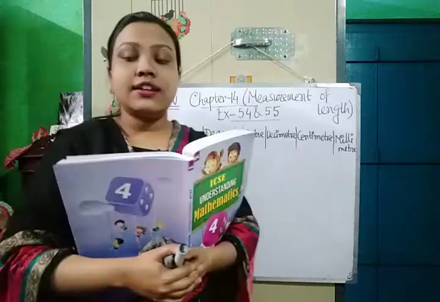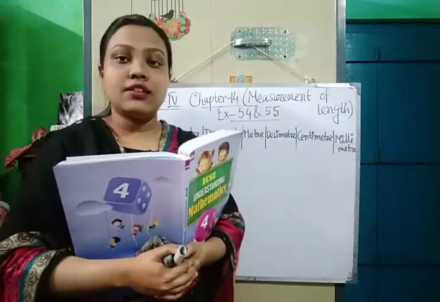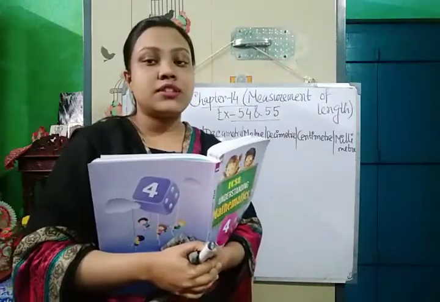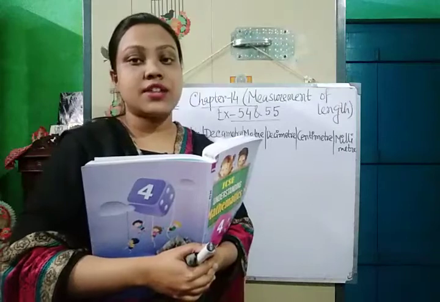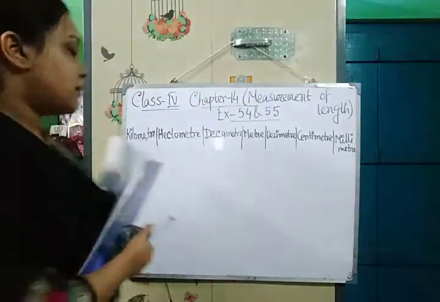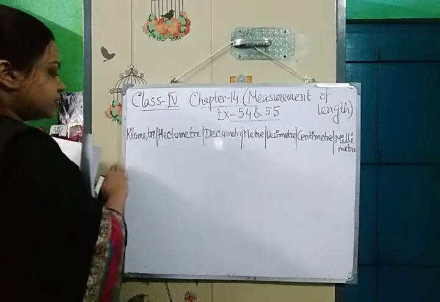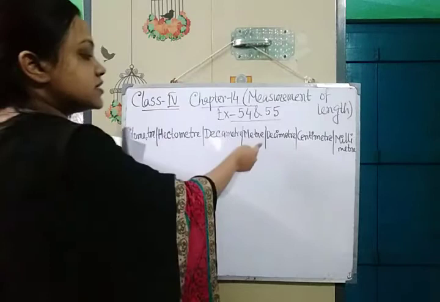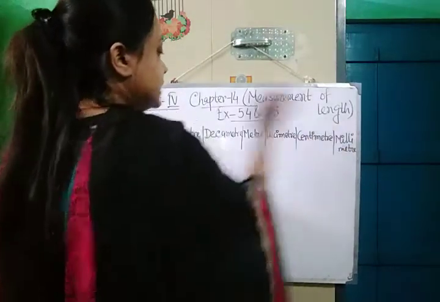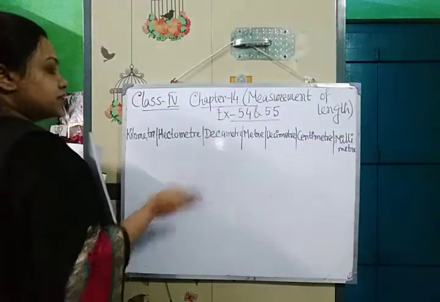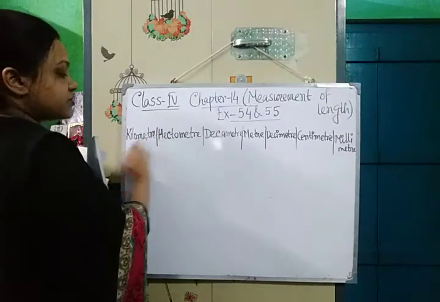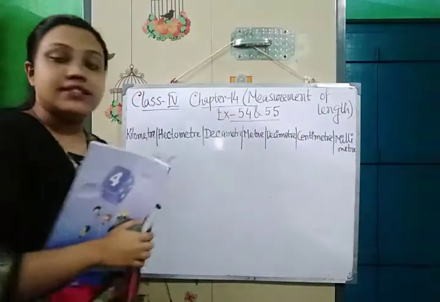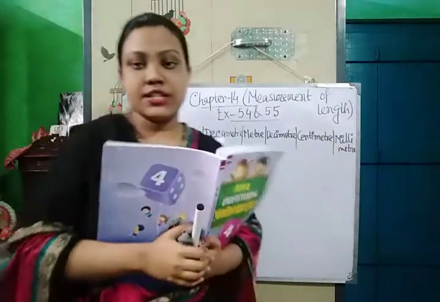So before starting the exercise, we will first learn the chart of the units for measuring length. Okay, so the chart I have already written here, which is the chart of the units of length. So I am reading from the extreme left, that is first kilometer, then hectometer, decameter, then meter, decimeter, centimeter, millimeter. Okay. So again I am repeating that first is kilometer at the left, then hectometer, decameter, meter, decimeter, centimeter, millimeter. So this is the entire chart for measuring length.